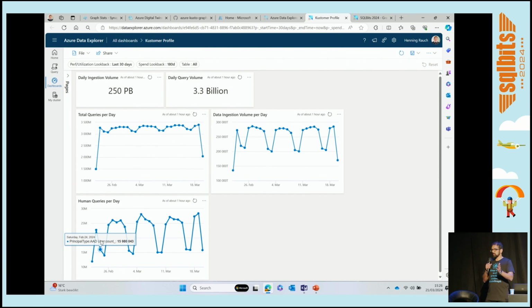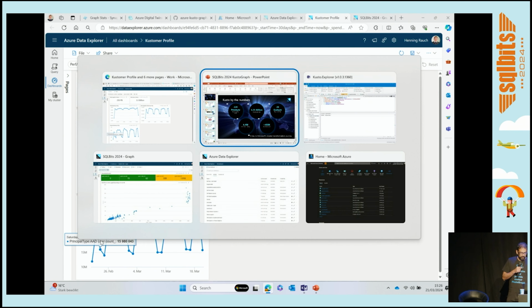So we serve both types of users. It's not just only human users. That's a small percentage, but a lot of app-to-app communication or app-to-app queries. So this is about